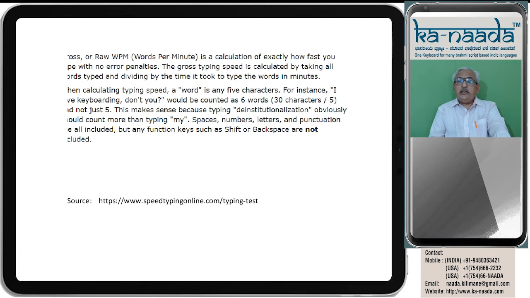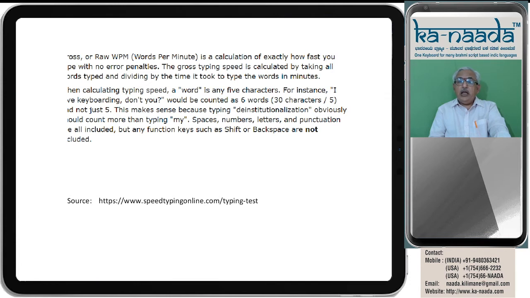All words here means the character keystrokes typed, and dividing by the time it took to type the words in minutes. When calculating typing speed, a word is any 5 characters.